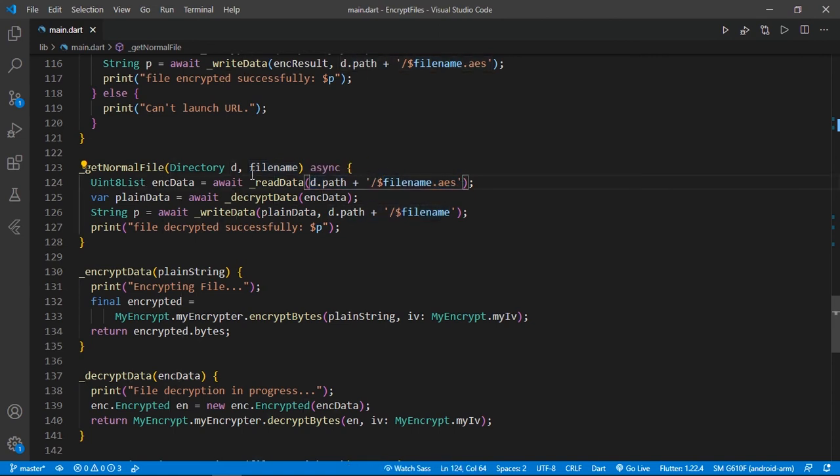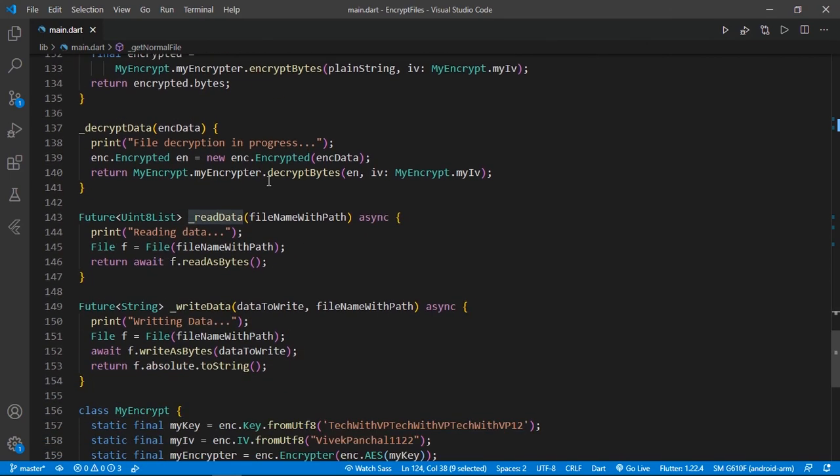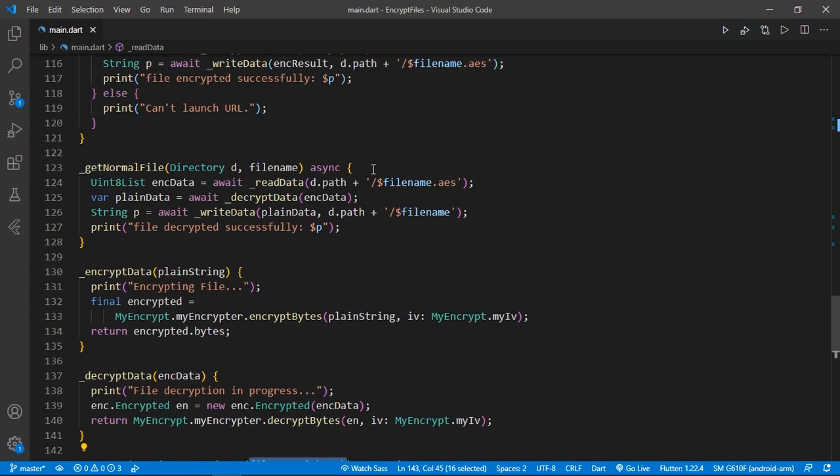Let's go to this read data so we can explain it better. Whenever you call this method, it will print one message that we are reading our data from that path. This is the path name we provide here, and our file name.